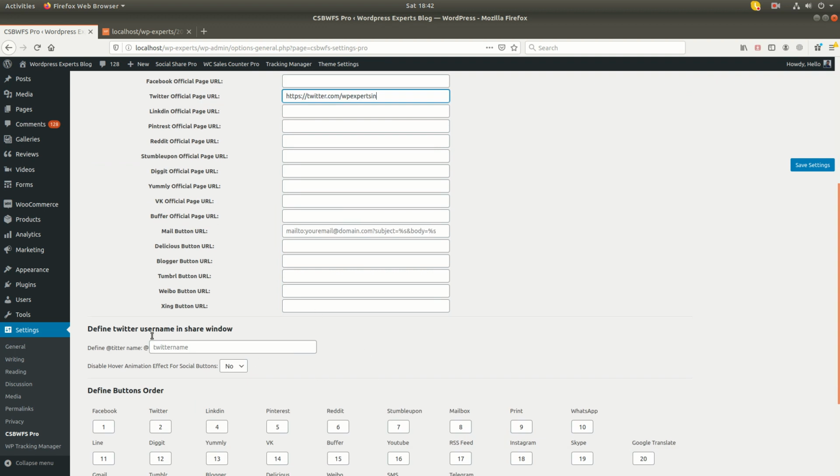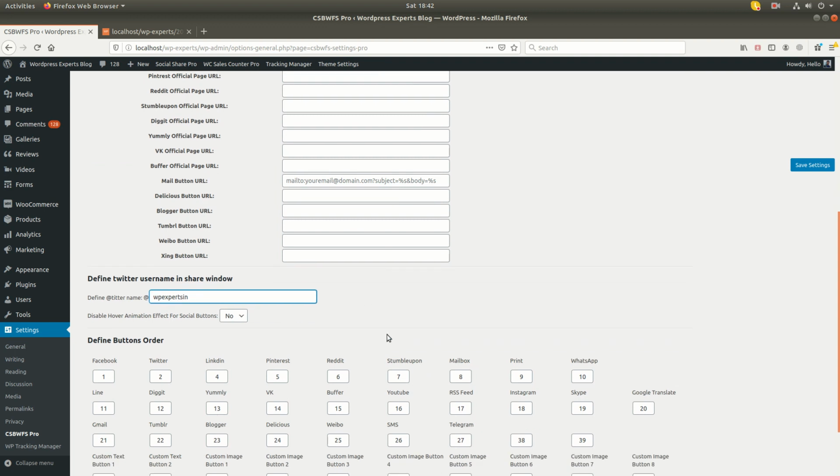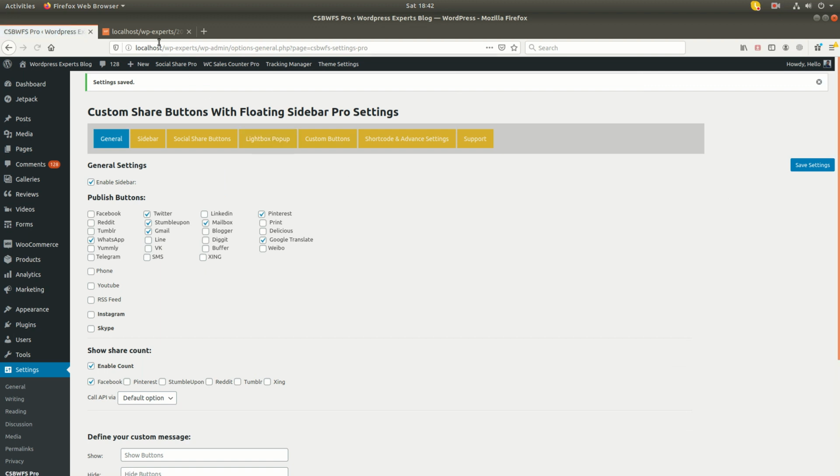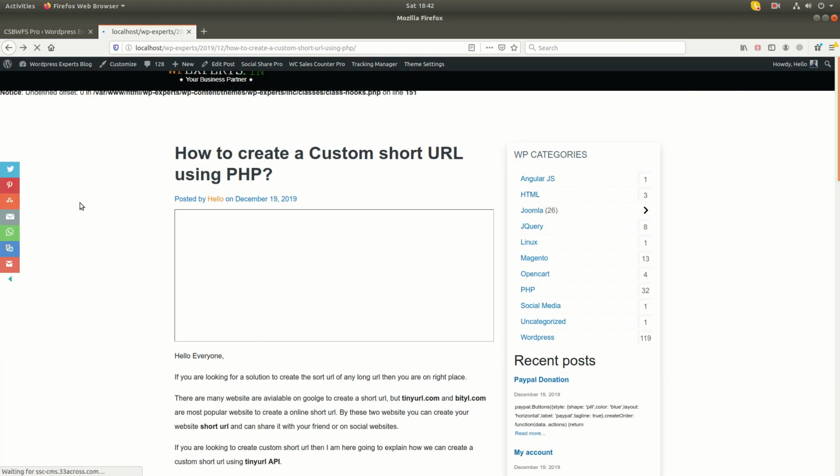And for the Twitter account we have given the feature to add the tag as well. This will work only when you use the button as a share button, not a social button. So let me see how it will work.